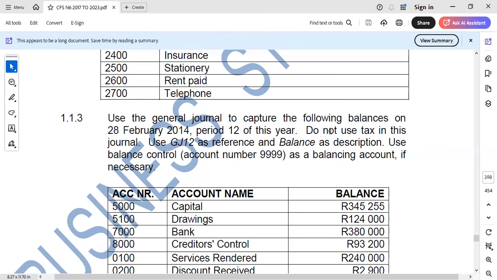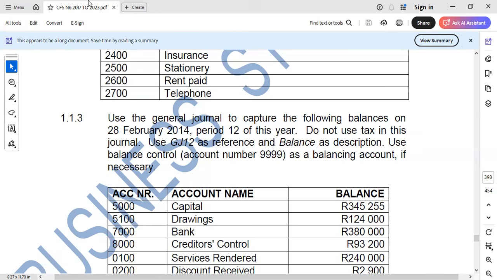And then they are saying, do not use text in this journal. Use GJ12 as our reference and balance as a description. Then after that, they are saying we must use the balance control account number 49 as a balancing account if it is necessary. Okay. Now,